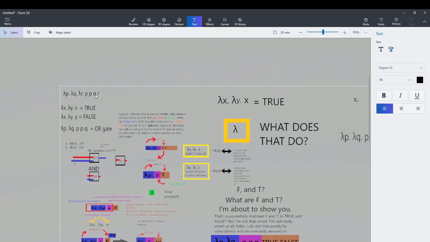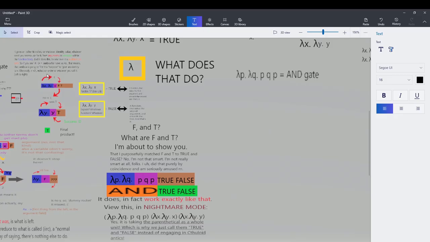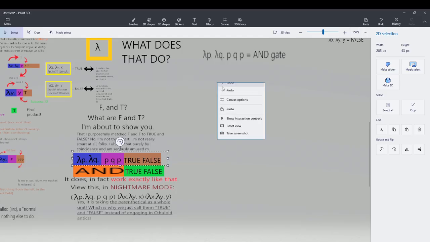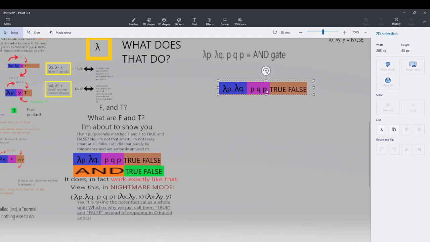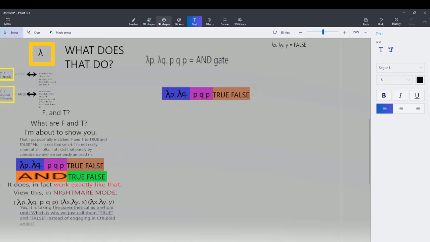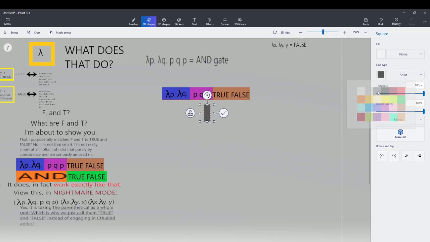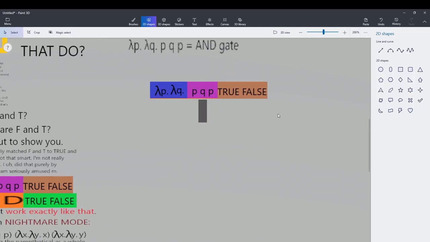You are absolutely correct if you immediately went, okay, well, isn't that, doesn't this turn into, after the first stage of beta reduction, hold on, one moment. Like, doesn't this just turn into, after the very first stage,